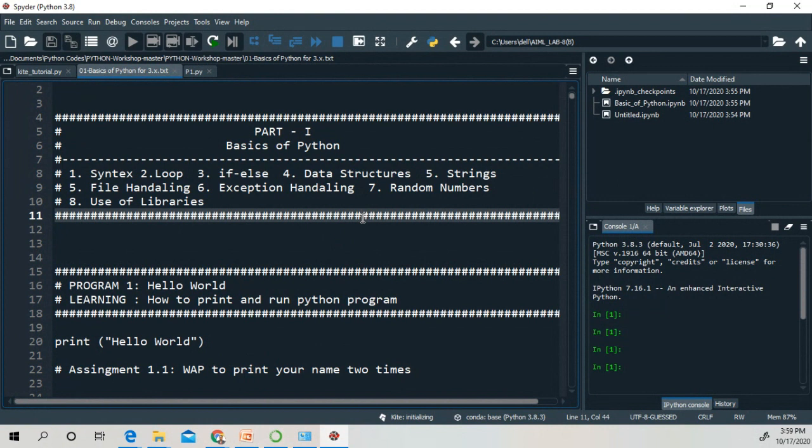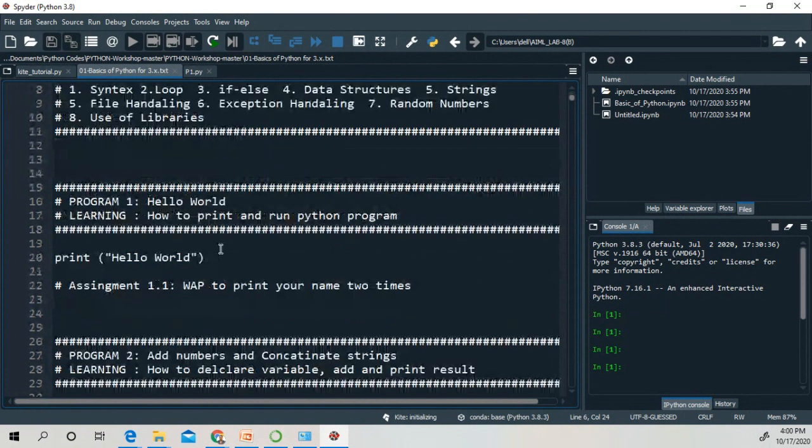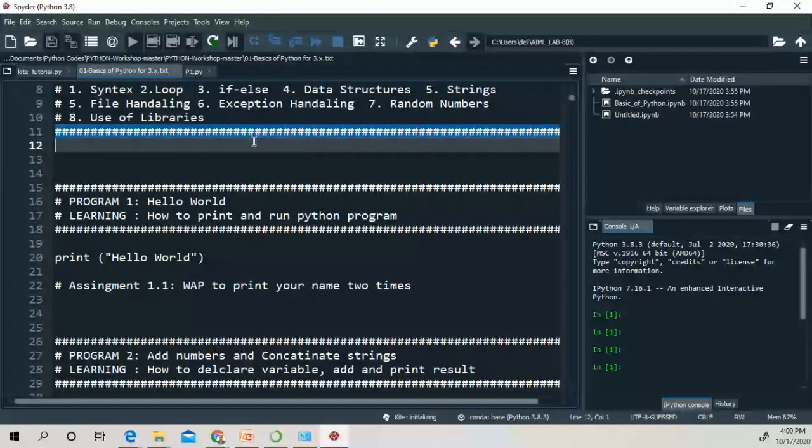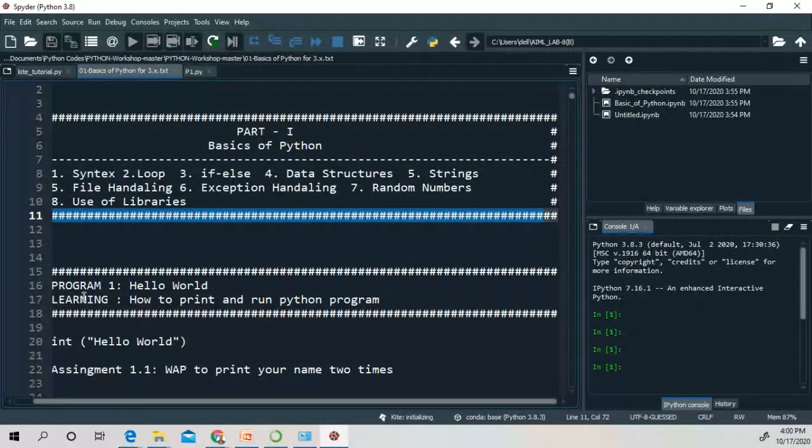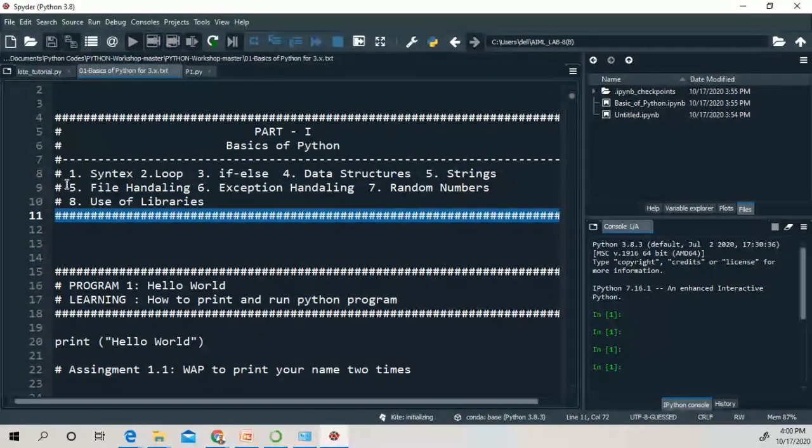So now we have the basics of Python. First understand how to write a program. As you can see, we have used the hash symbol and we have written words after the hash symbol.